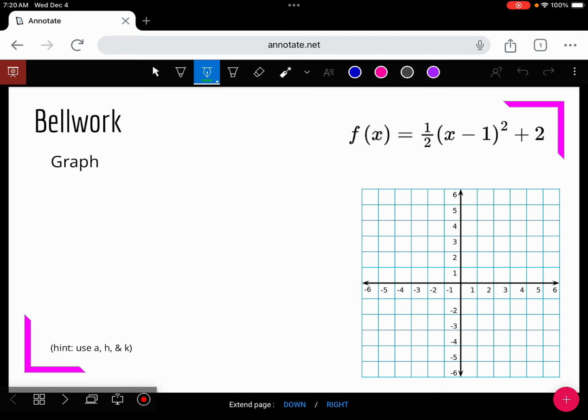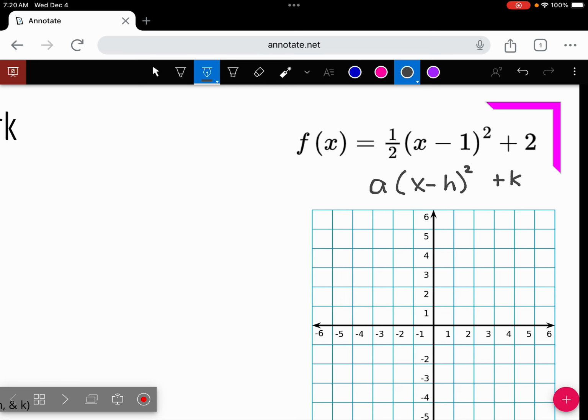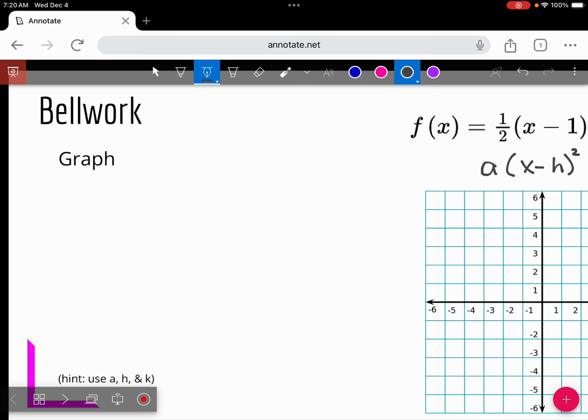So, our bell work today was a review question from a hot minute ago. This is a graph of a something squared. And what I was hoping that we would use would be the a(x minus h) squared plus k, this guy. And our parent function of x squared. So if we have our parent of x squared,